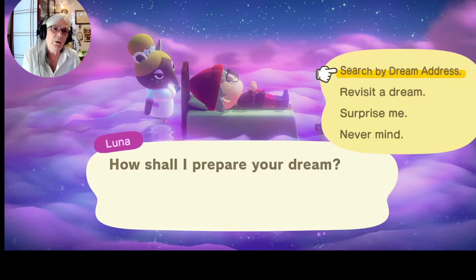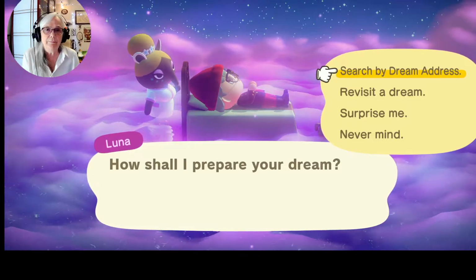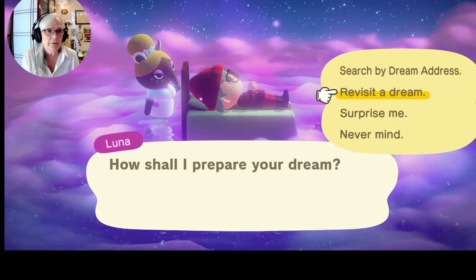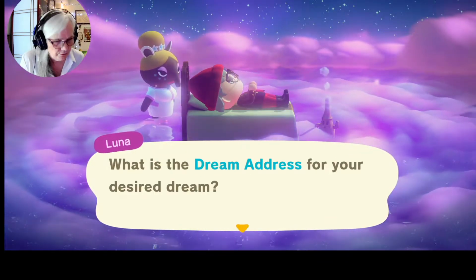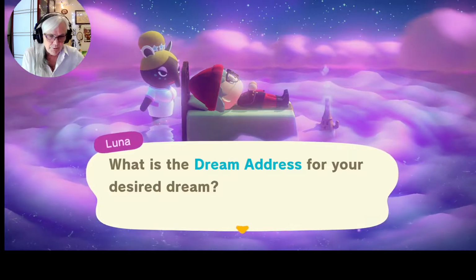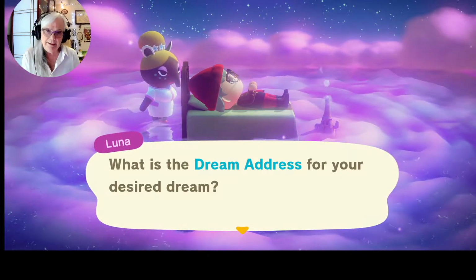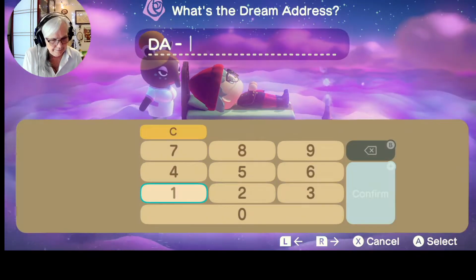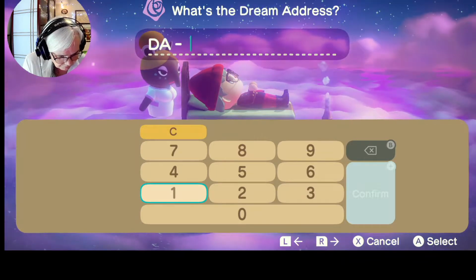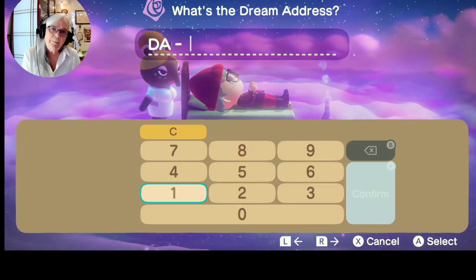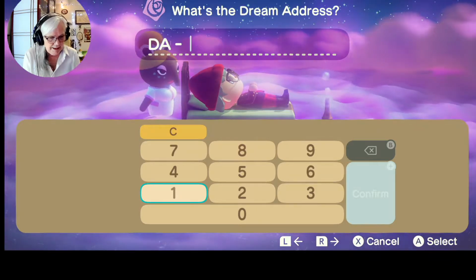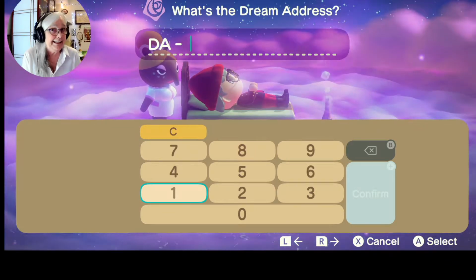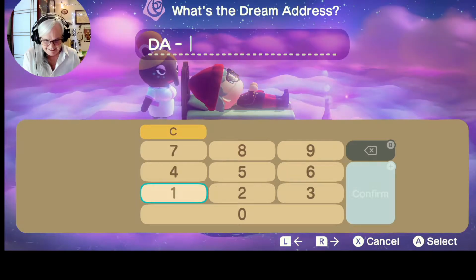Okay, so I visited a dream. I think I'm going to type in a dream address just to show you how it all works. This is one that I found on Instagram, and it's a tropical island created by a person named Marilyn, a Canadian, and we're going to